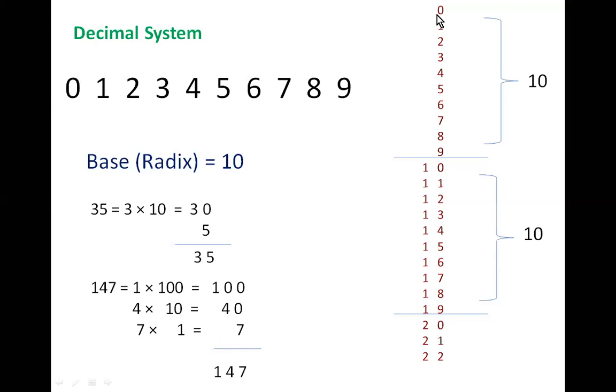0. Okay, I will start with 0, 1, 2, 3, 4, 5, 6, 7, 8, 9. These symbols are like fingers. Now first finger, second finger, third, and so on. After using up all the symbols, for the first apple, I will label the first apple with 0. I will count the second apple with 1, and then 2, and the next apple with 3, the next with 4, the next with 5, next with 6, next with 7, next with 8, next with 9. So we have used all the symbols. There is no other symbol in this system to count for the next apple.